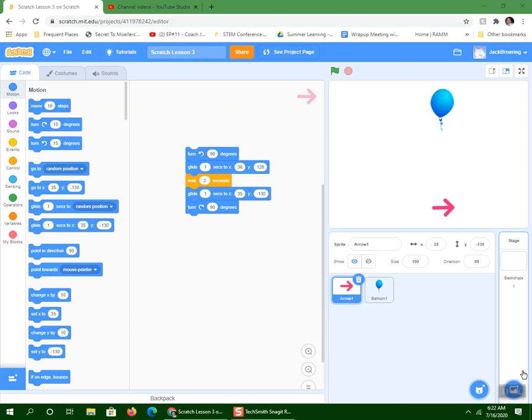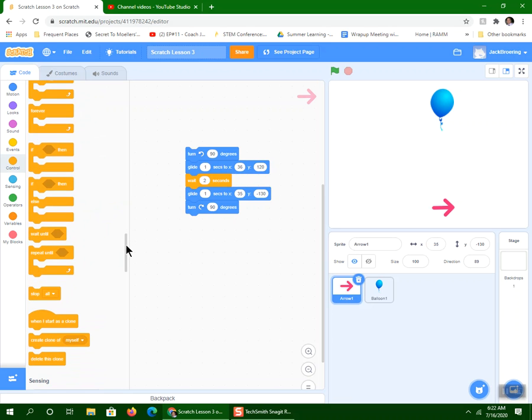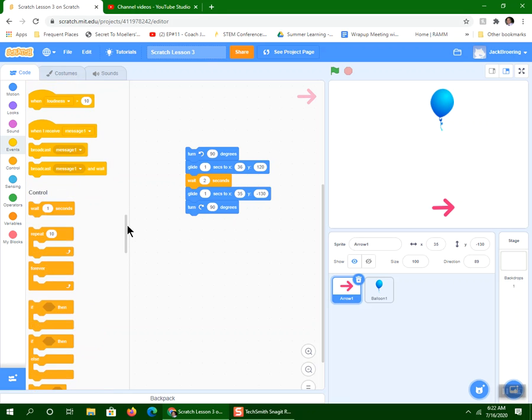Okay, here we are with lesson 3. What we're going to do now is add a few things to make it a little bit easier to control. We're going to add some sound effects, so let's give it a try. First thing I want to do is add a control to it. I'm going to go over here to controls,